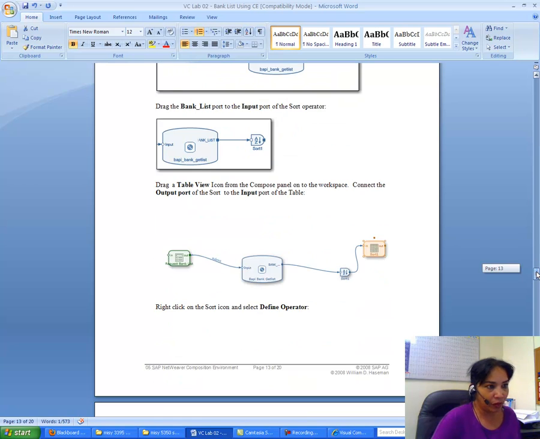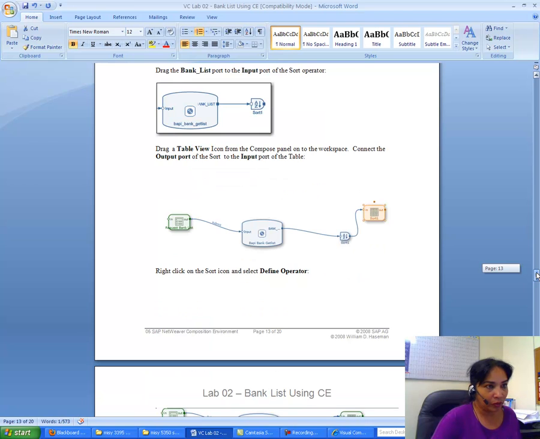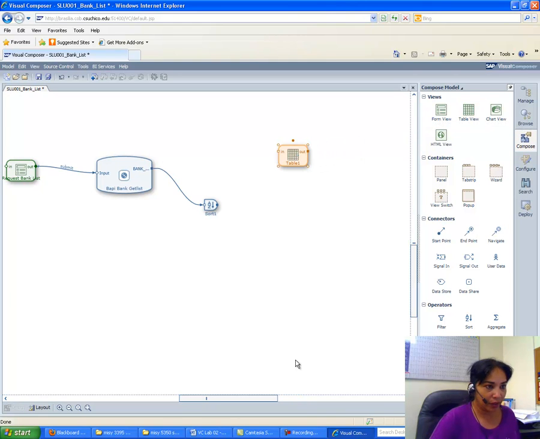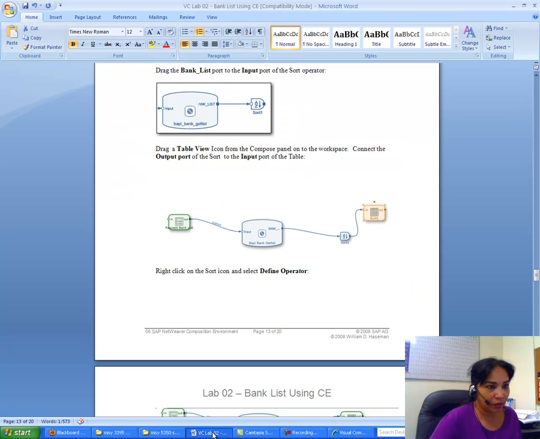Drag a table view icon from the compose panel onto the workspace. Okay, drag a table view icon from the compose panel to the workspace. I did that. Then what I have to do is